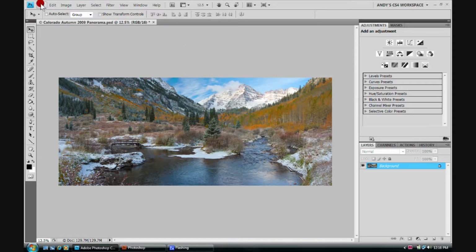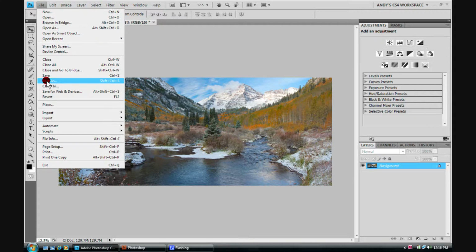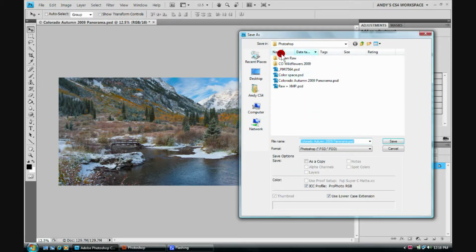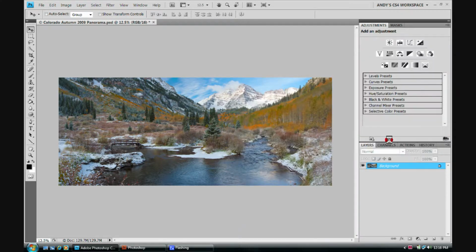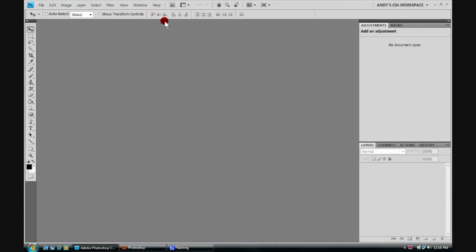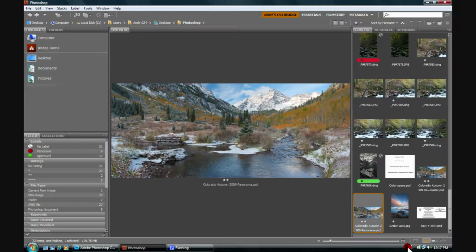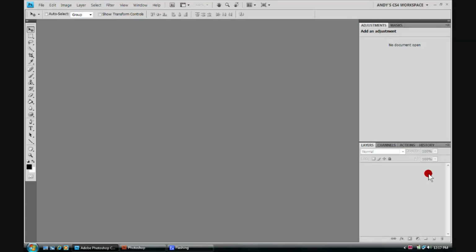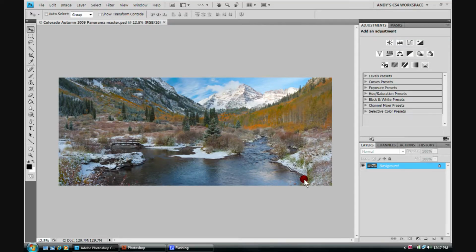If I save this off as a master file, File, Save As, back in here, and we'll just put master on for master file. Click Save. I now can close this image down, bring it back in. Let's find it real quick. Alright, there's the master one right here. I can double click it, bring it back into Photoshop,